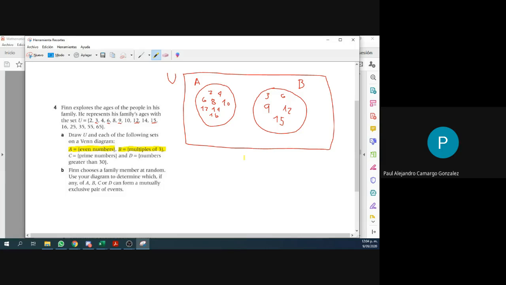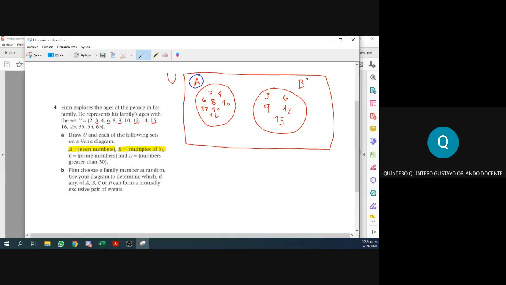No, no. Cool. Why not? Because 6 and 12 is in both. Beautiful. Yes, Mafe, beautiful. We have some elements on the blue, on the